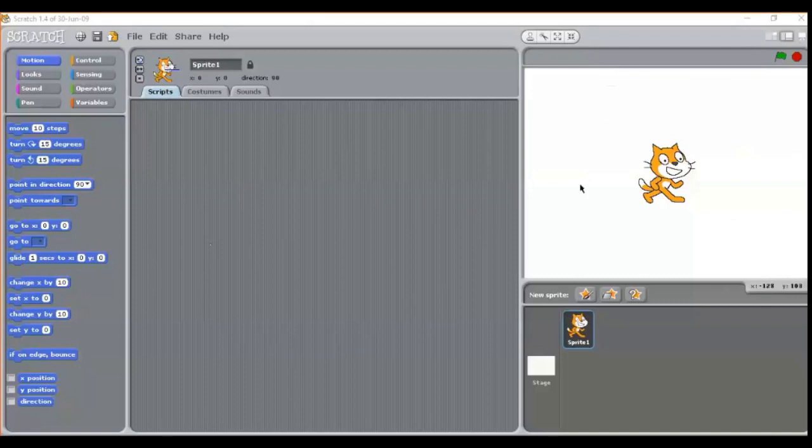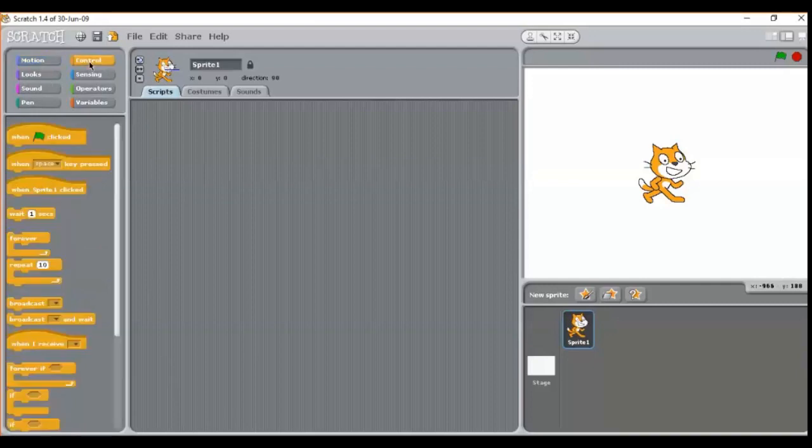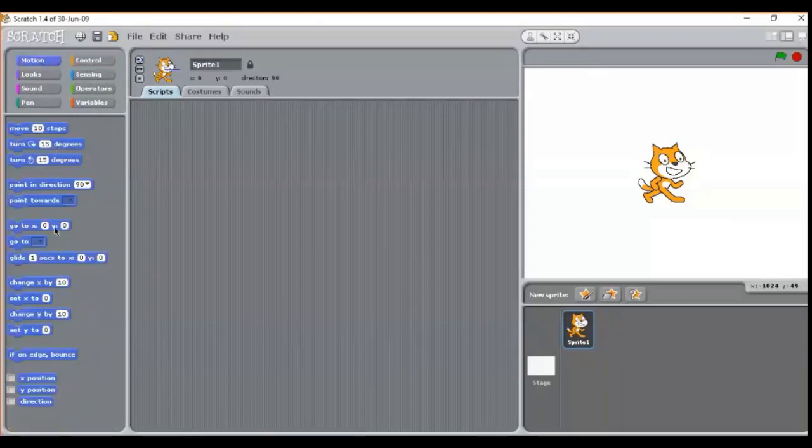The size of this stage, children, is 480 units wide and 360 units tall. There are a total of 8 blocks in the block palette over here. When I click on any one block name, the scripts related to that block appear in the palette. So when I click on motion, I can see all the scripts available in the motion block.